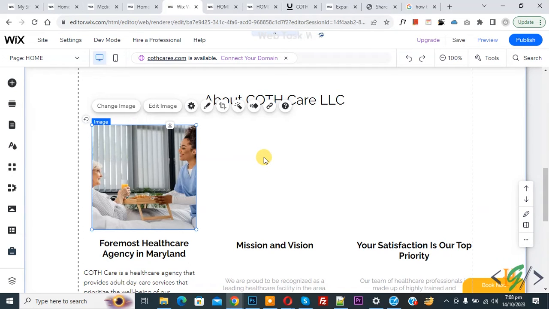Bismillahirrahmanirrahim. Assalamu alaikum. My name is Hassan and today we are going to add circle effect on image in Wix